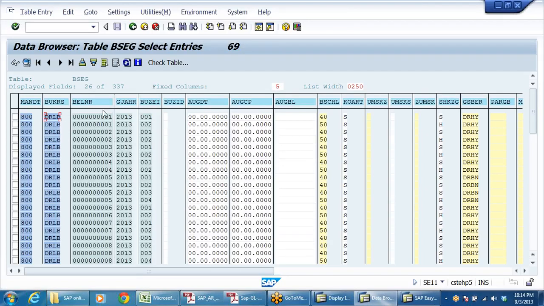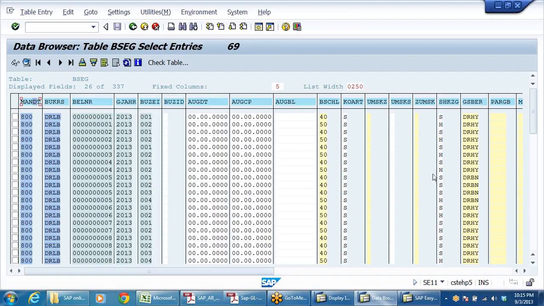DRLB. BELNR means document number. This is debit, credit, two line items. So this is 888. And here you can see the year. All these are technical names written on the top. MANDT, right?